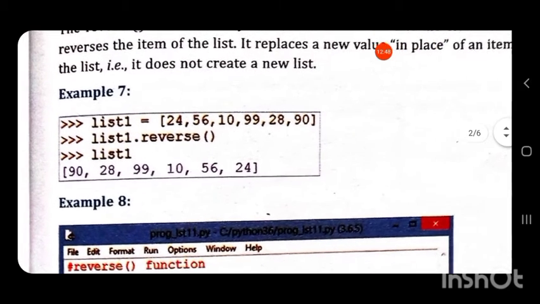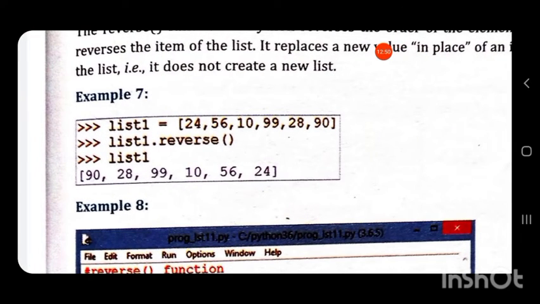So the element which is in the last index position will come at the first position. So 90 will come first, then the second last will come at second position, third last will come at third position. So the reversing of the order of the elements will take place.